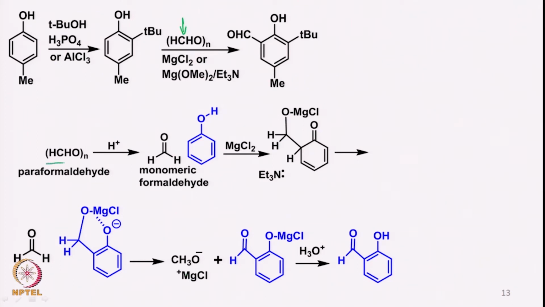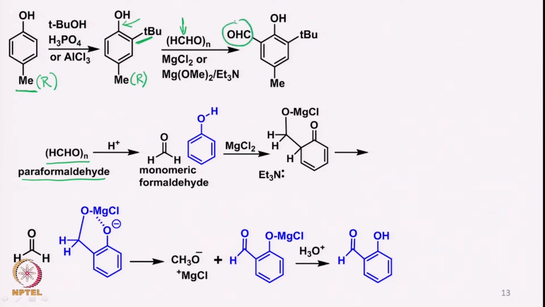That is how it looks. You have paraformaldehyde, which in the presence of acid would decompose. So you can start with a simple phenol and introduce the tertiary butyl group here like this, but of course we can have any other group here also. In any case, that is not so important. The important point is that you have a hydroxy group, which is what allows the introduction of the aldehyde group